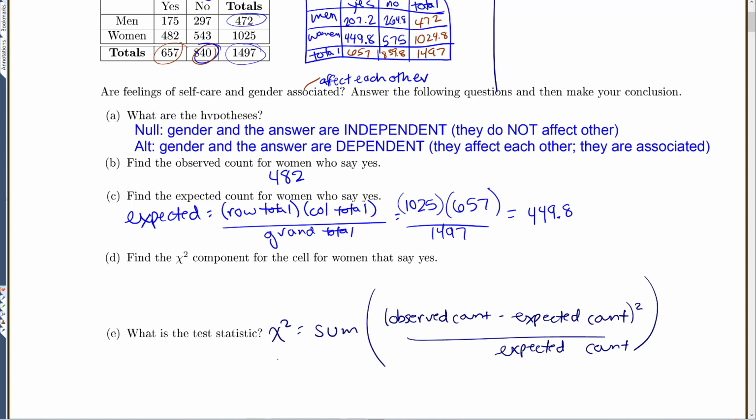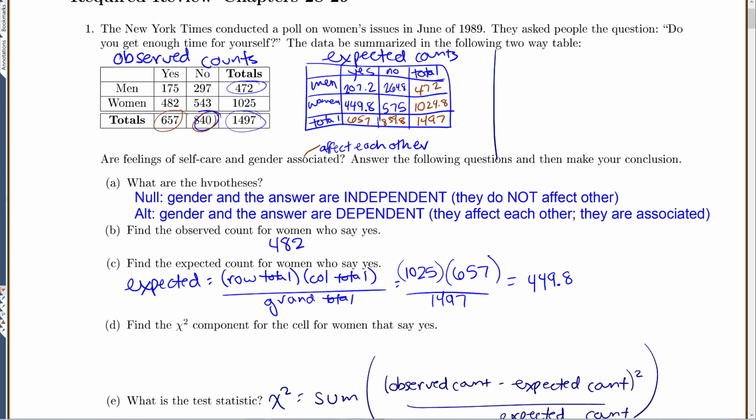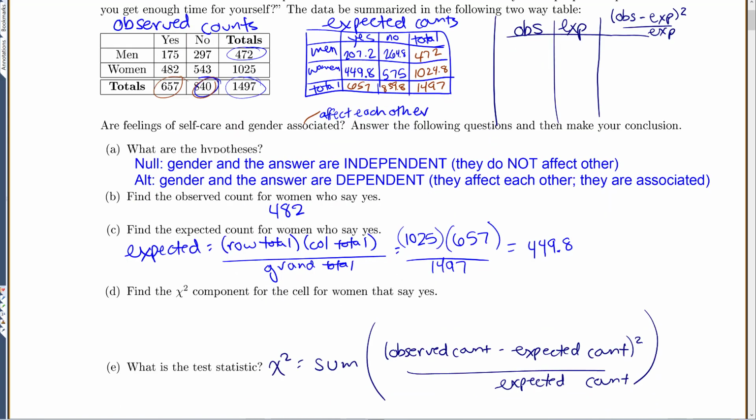Now in the past, I've just kind of come down here and wrote each one out, but I saw someone, or one of the other professors, do this with the table, and I've never really done it that way. But it does make it a lot easier to organize our work, so I think I might start doing it. So we'll have one column for all of our observed, one column for all of our expected, and then we'll do our observed minus our expected squared over our expected. So notice our chi-squared says we have to do observed minus expected squared over our expected for every single cell and then add them all up.